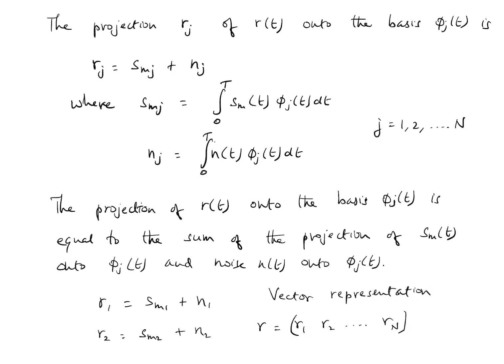These are the elements of the vector, and each of these elements is the sum of Sm1 plus N1. Sm1 is the element of the vector representation of the signal Sm. N1 is the element of the vector representation of the noise component, right? So basically each element is the sum of the signal component plus the noise component,